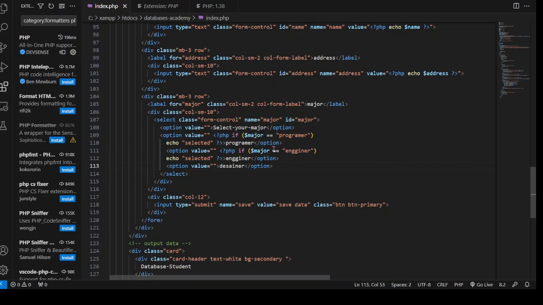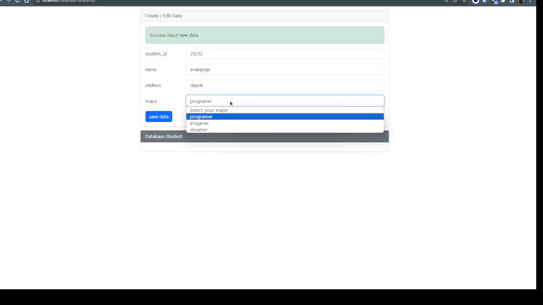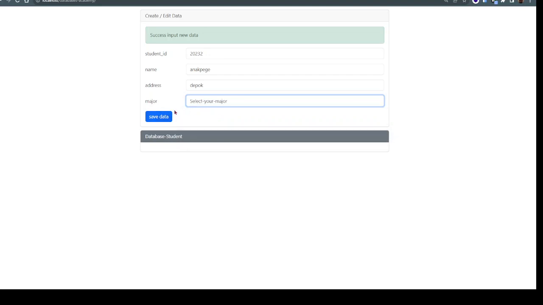Right in here, I haven't filled this value with the major name programmer, and is there a space in there? There's no space. Okay, we check programmer. Yes, please input the data first, right? If you use programmer,